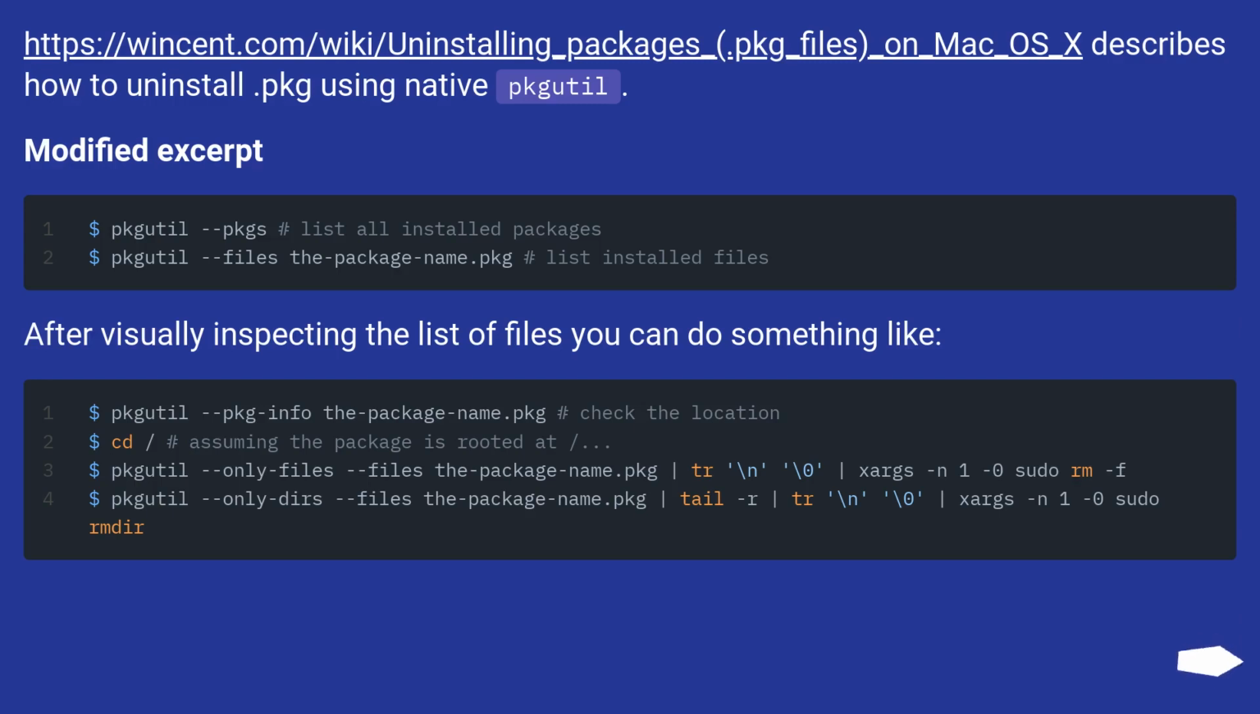This URL describes how to uninstall PKG files on Mac OS X using the native pkgutil. Modified excerpt. After visually inspecting the list of files, you can do something like